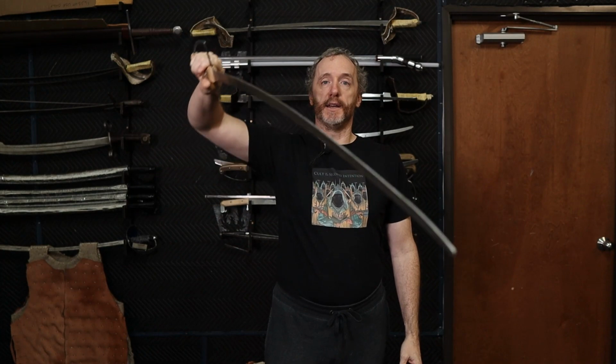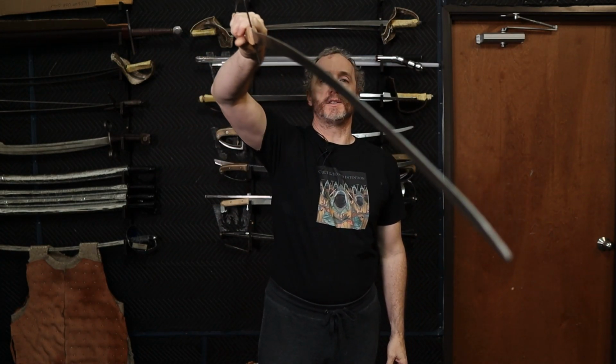Just a quick note on thrusting. Why does the Hungarian Hussar lineage thrust the way it does? This way with the palm up, as opposed to the palm out to the side, as so many other lineages do. The answer is really simple. First and foremost, this is a very easy position to get the point in line in, almost regardless of how curved your saber is. Second, it allows for you to retrieve your weapon very, very easily, and we'll see that